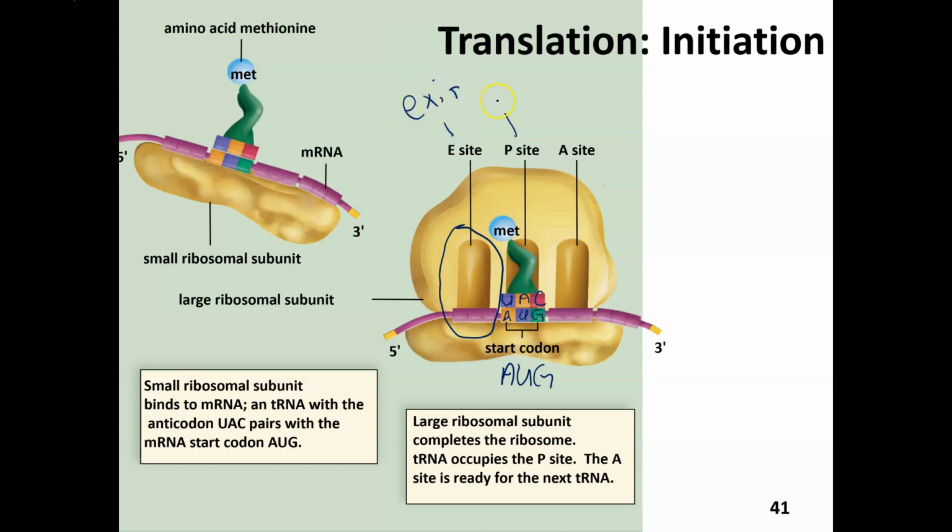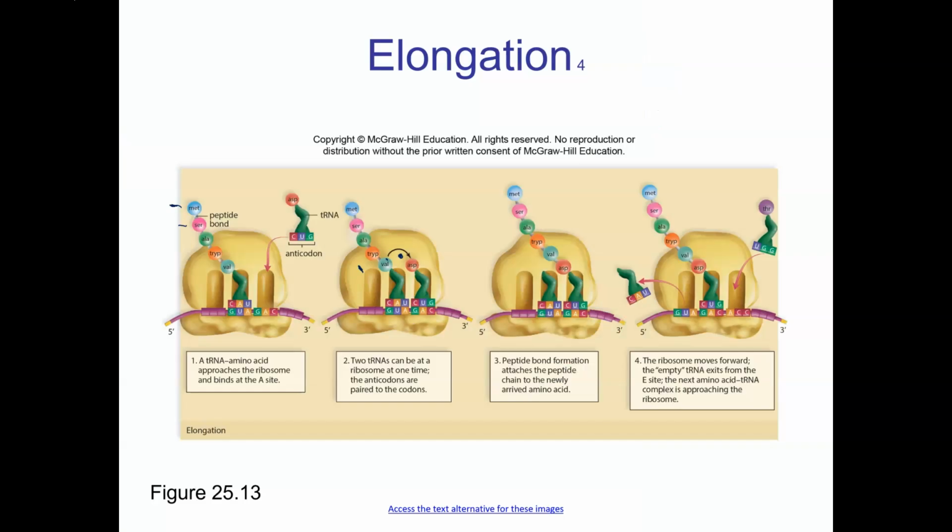The P site is the start site, and the A site is just the second site. Okay, I typically don't even talk about the E site, but I wanted to show it since it has a nice picture here. So as soon as valine gets transferred to the asparagine, the entire ribosome moves, and now this